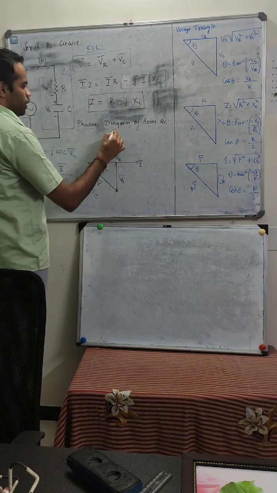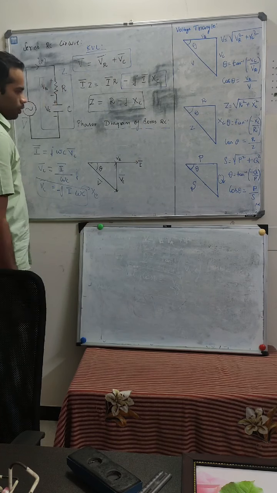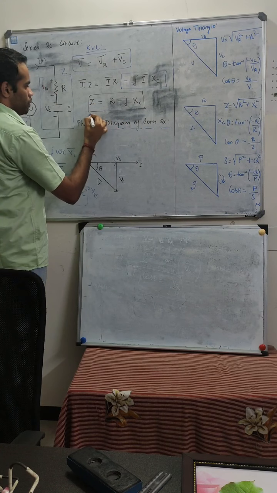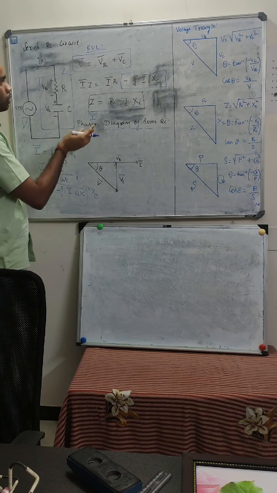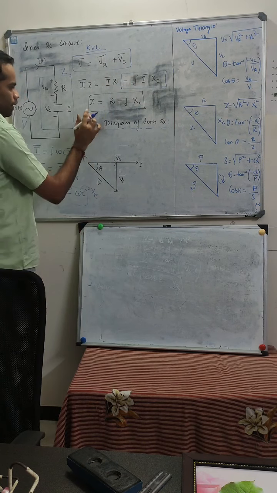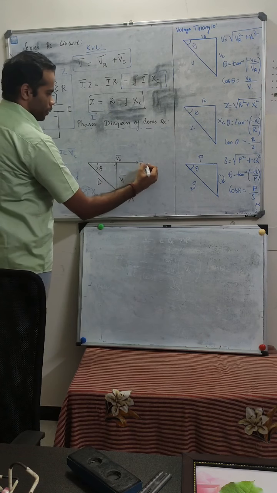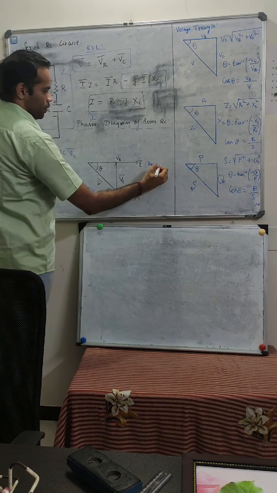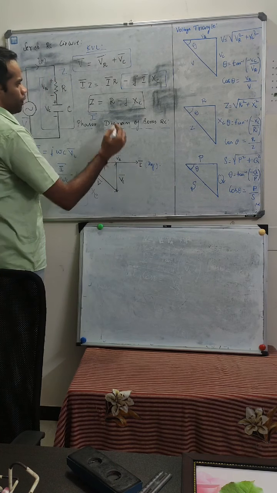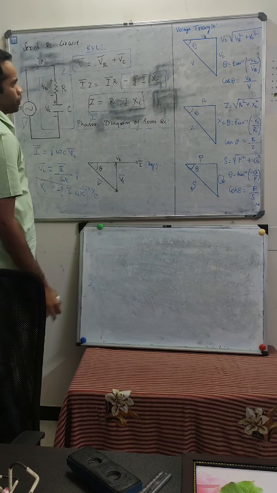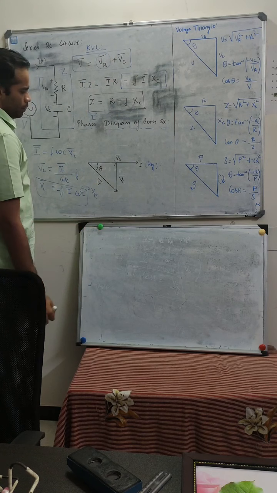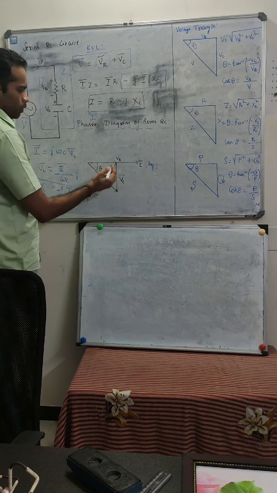Now when we draw the phasor diagram for the series RC circuit, the first thing is the current phasor, which I have taken as the reference phasor. It is the same for both RL and RC circuits, where I phasor remains common on both sides, so I can take it as my reference phasor. Then the VR phasor, from the resistance, follows Ohm's law. Hence current and voltage are in phase.